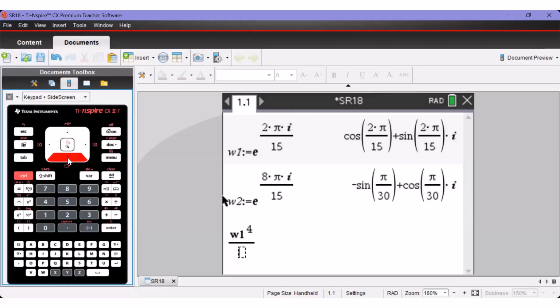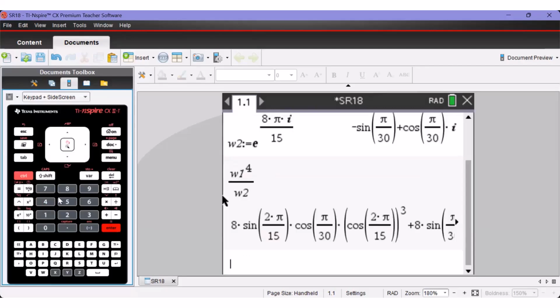Navigation pad down into the denominator box. Press the var key again, down with our navigation pad to highlight W2. Press enter and press enter. And we get a real mess. However, if we press Control Enter,